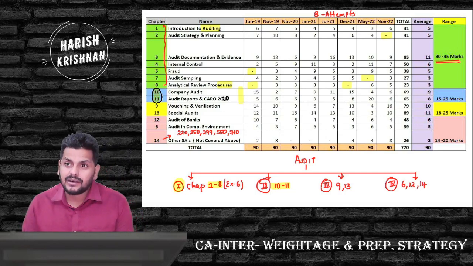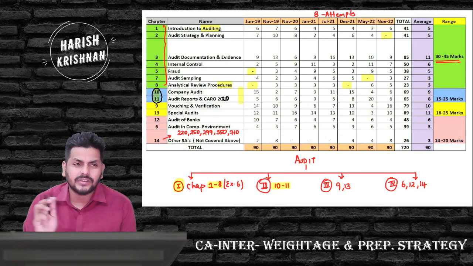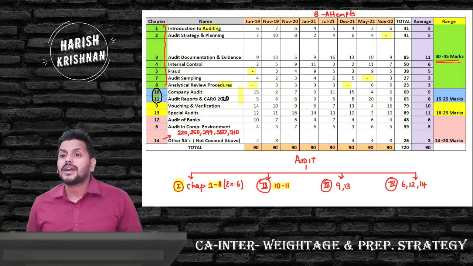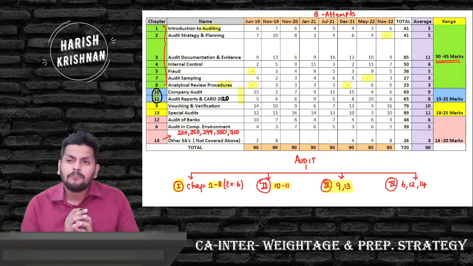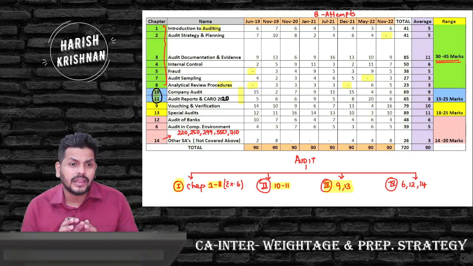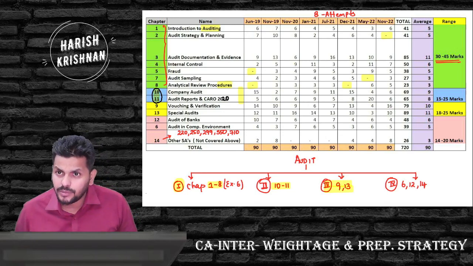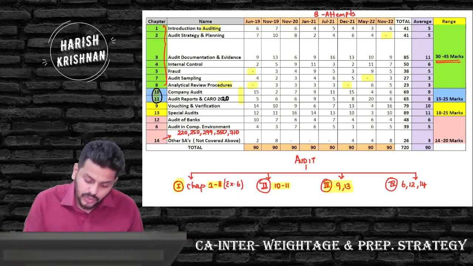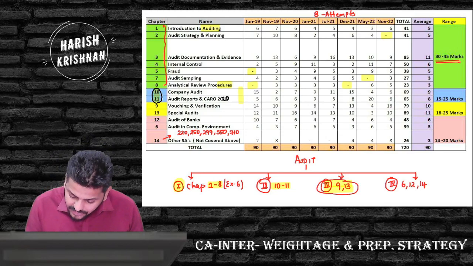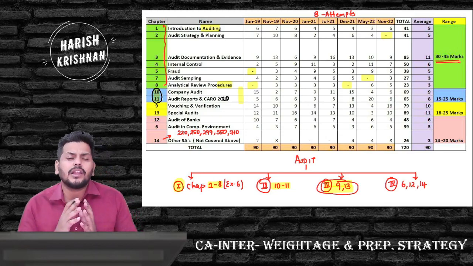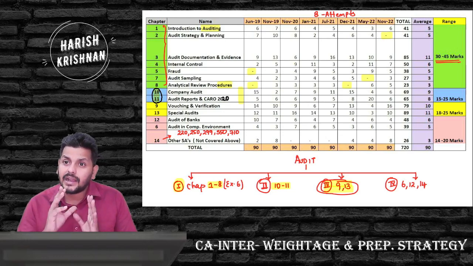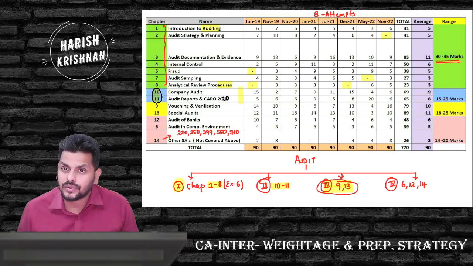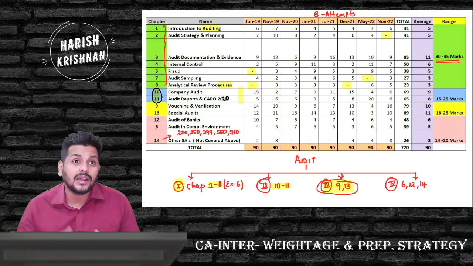The third part is one video, which I guess is part 6 if my memory serves me right, where I've explained what you are supposed to focus on when you're doing chapters 9 and 13, because learning by heart the content given in 9 and 13 is practically impossible. So make sure you use the techniques that I've given on what to do, because there are a lot of common points that we can jot down and build an idea from. They're not going to ask you 10 questions from that chapter in the exam where you can't write repeated content.